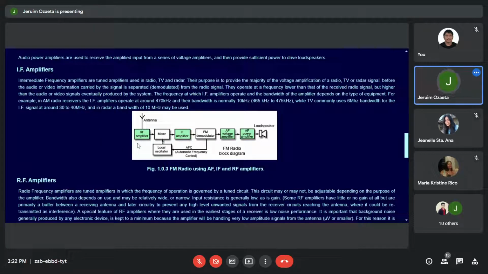Now, the input signal, the signal that is picked up from the air, from the aerial antenna, is fed into the mixer. The mixer also receives the local oscillator frequency in order to produce the intermediate frequency. This intermediate frequency carries the carrier that carries the signal where the frequency of the image is being interfaced,